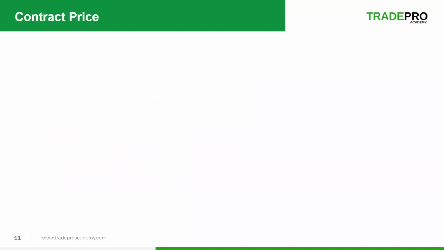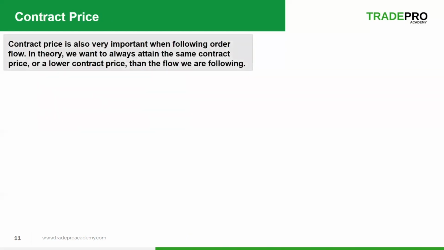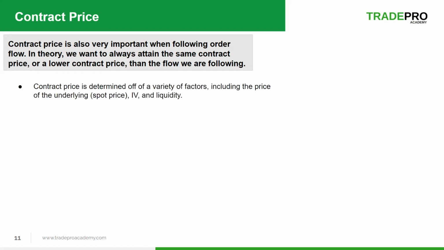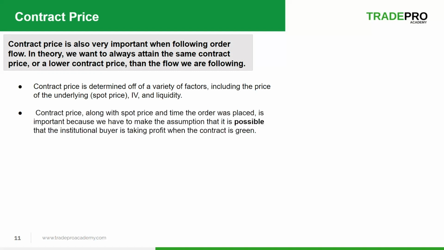Contract price is also very important when following order flow. In theory, we want to always attain the same contract price or a lower contract price than the flow we are following. Contract price is determined off of a variety of factors, including the price of the underlying, implied volatility, and liquidity. Contract price, along with the spot price and time the order is executed, is important